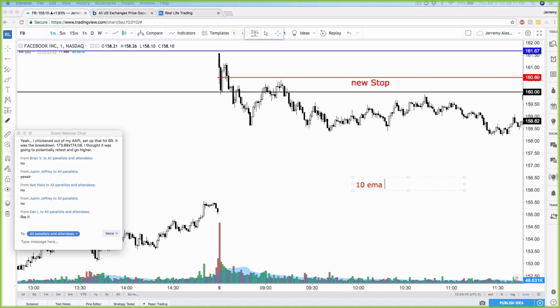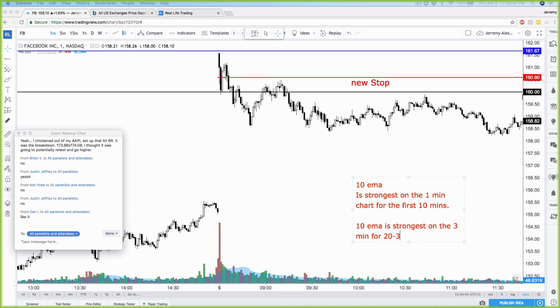The 10 EMA, people often use the 8 EMA, is strongest on the 1 minute chart for the first 10 minutes. After the first 10 minutes is over, it's kind of irrelevant. The 10 EMA or all, the 8, they're all the same. But I personally use the 10, so I'm just gonna say the 10. 10 EMA is strongest on the 3 minute. I don't know anything about the 2, so I'm not entirely sure. For